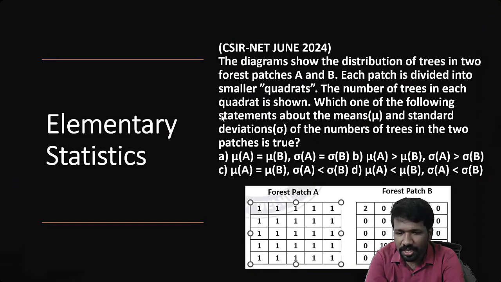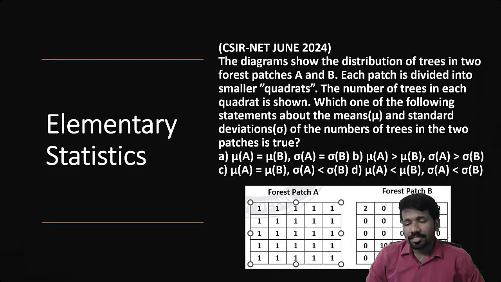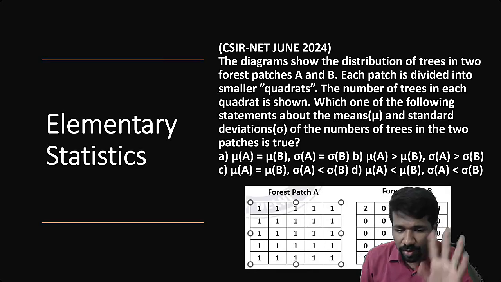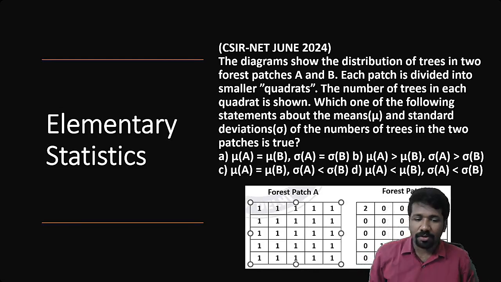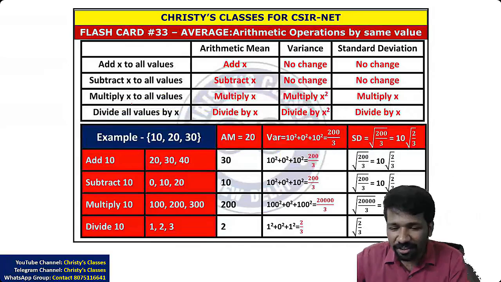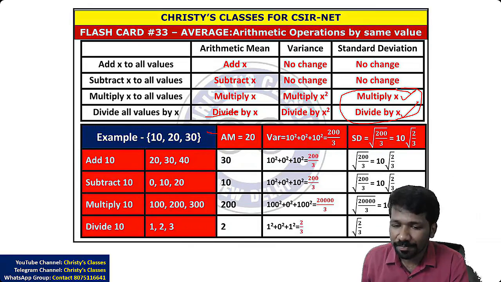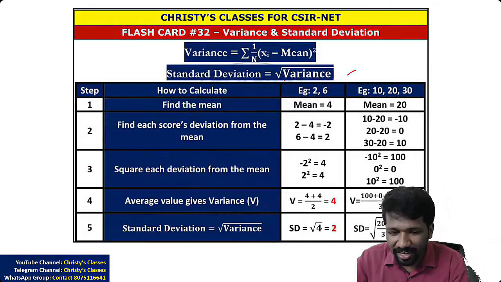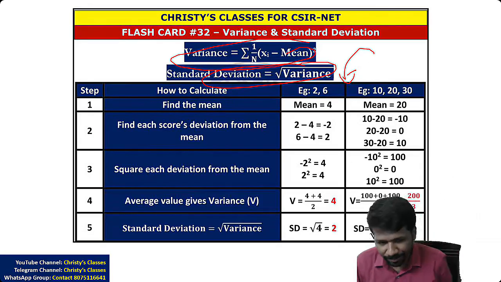Elementary statistics means इसमें mean, median, mode, variance, standard deviation, cumulative frequency, ये concepts important हैं. 2024 में भी questions आया है ये concept से. Standard deviation वाला concept clear है तो बहुत ही सिंपल है. इसका एक सेपरेट फ्लैश कार्ड भी है. ये फ्लैश कार्ड पता है तो इस फ्लैश कार्ड का ये पॉइंट और ये पॉइंट, ये दोनों काफी हैं वो क्वेश्चन करने के लिए. And if you have doubt how to find standard deviation and all, we will be discussing that in detail. एक सेपरेट फ्लैश कार्ड उसके लिए भी दिया है.